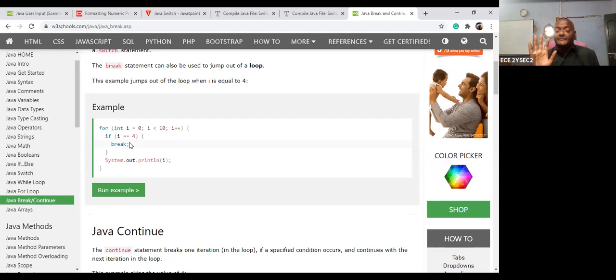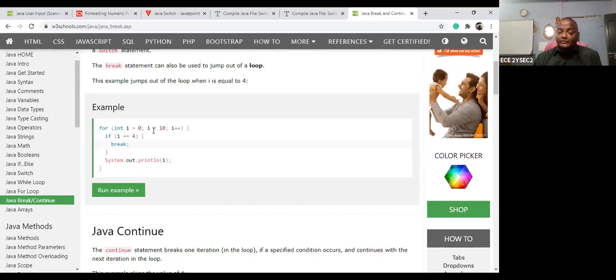That means you can print up to 3. Why? Because you are giving the condition i exactly equal to 4, that is a break. So up to the 3 value should be printed. Suppose first, what is the i value? 0. The condition fails. If the condition fails, then it should be executed. Then next one, updation.